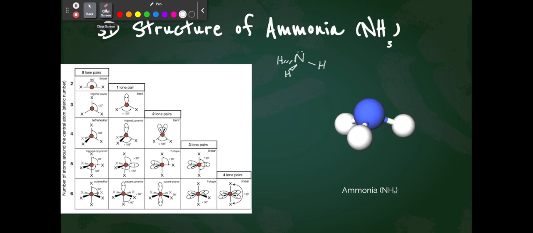Okay, we will go over one more, slightly more challenging problem for drawing one more Lewis dot